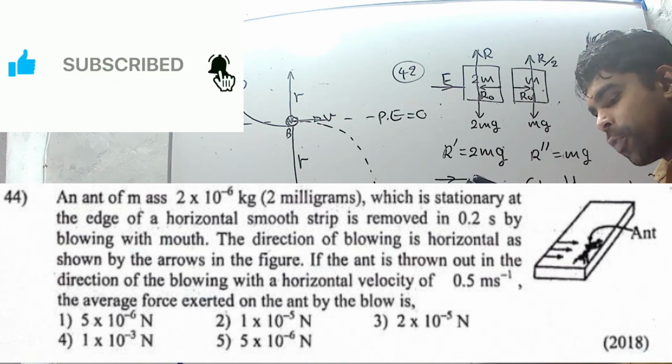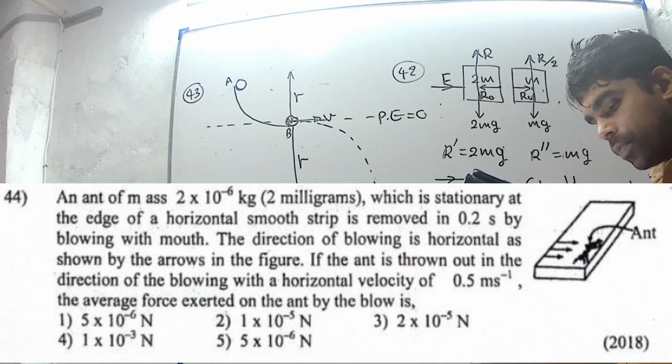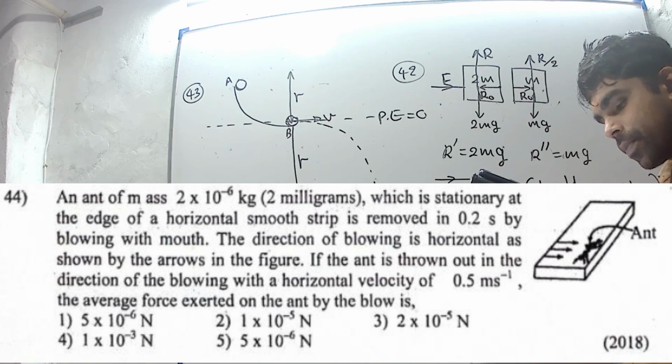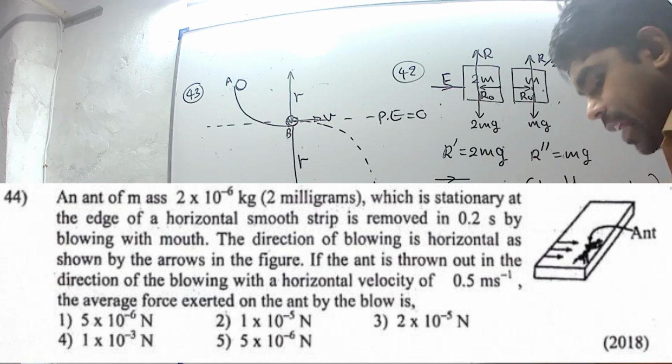If the direction of blowing is horizontal as shown by the arrow in the figure, and the ant is thrown out in the direction of blowing with horizontal velocity 0.5 meters per second, the average force exerted on the ant by blowing is